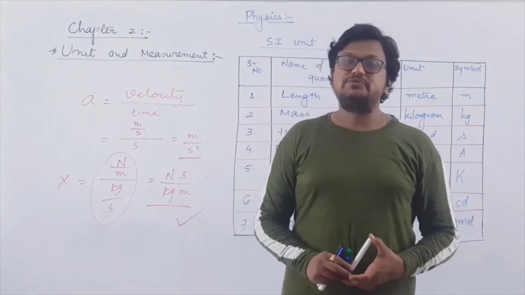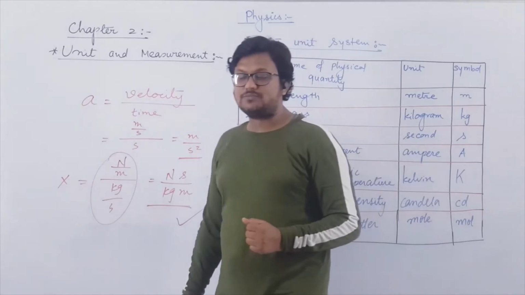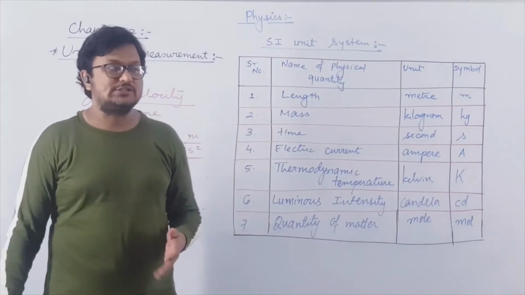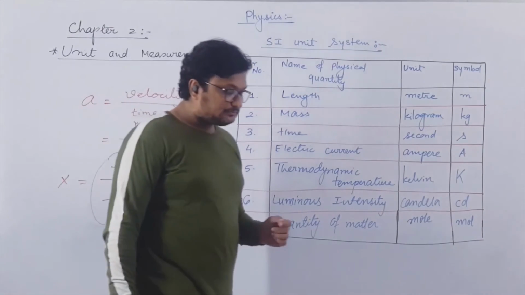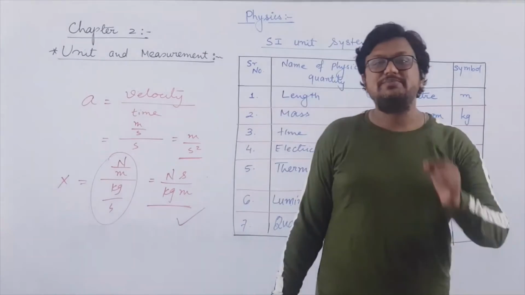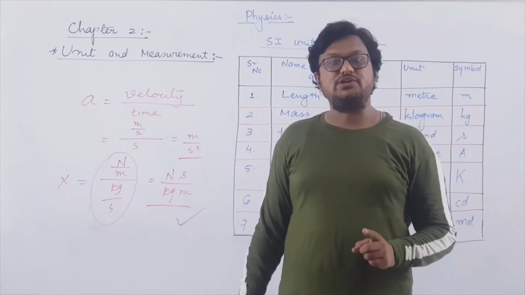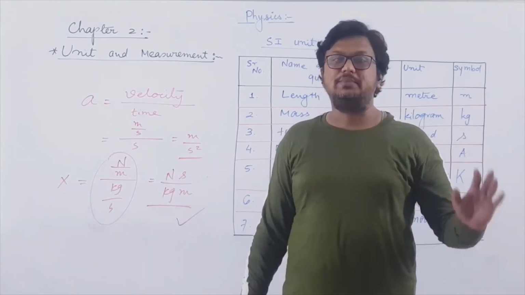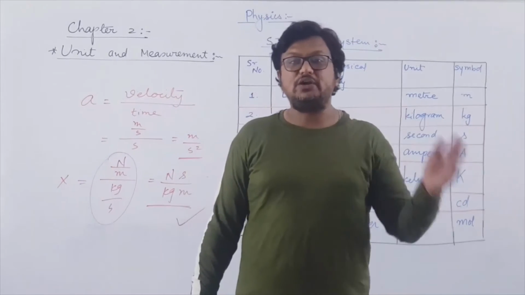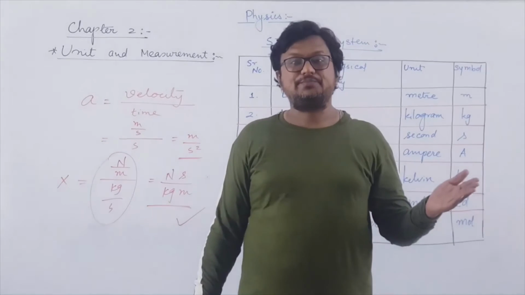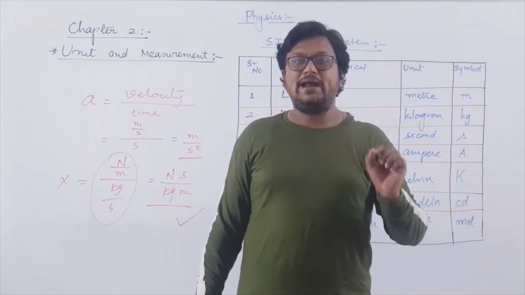These are the 5 norms for using the SI unit system. So let us quickly revise those 5 norms. Practical norms for using the SI unit system. The first one is that the symbol of the unit must be written as it is given in the table. The second one is that there should not be any full stop in between or at the end of the symbol